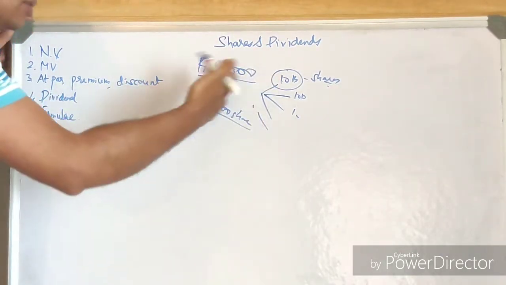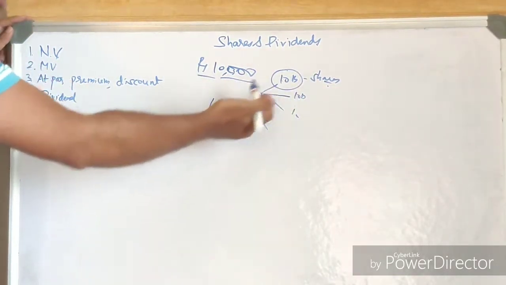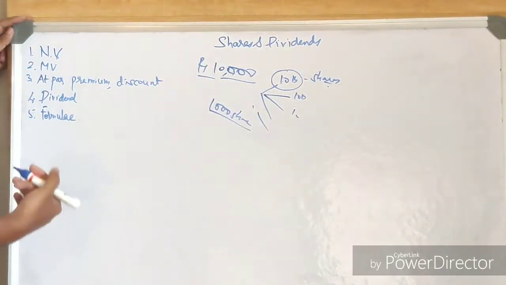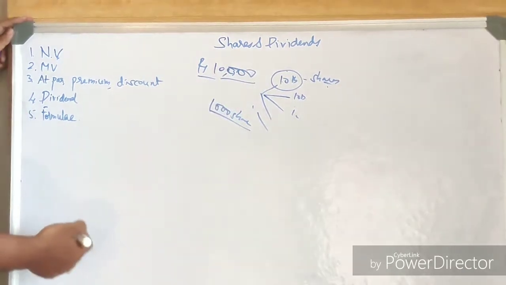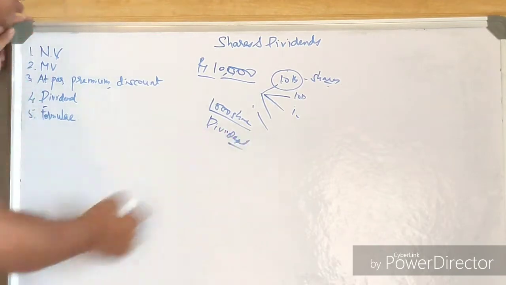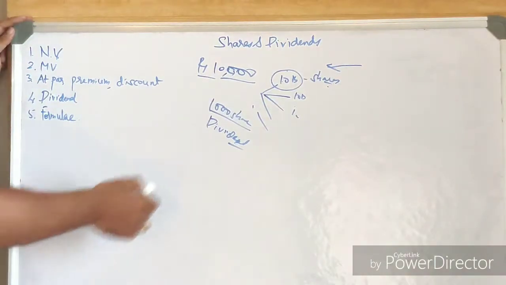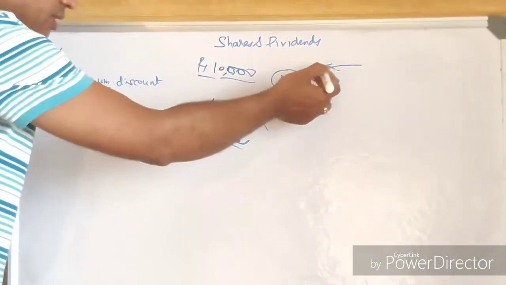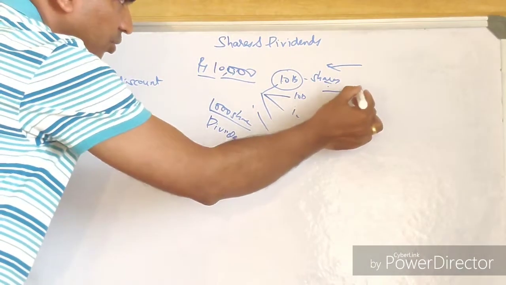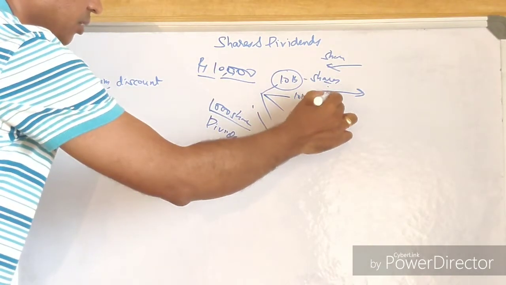Once the company is growing and running, he wants to share the profit with all the people, because those people have contributed some money to it. How much he gives back to each shareholder is called the dividend. Shares are what people buy by giving money to the company; the direction is this way. A dividend is what the company gives to people. So this becomes a share and this becomes a dividend.